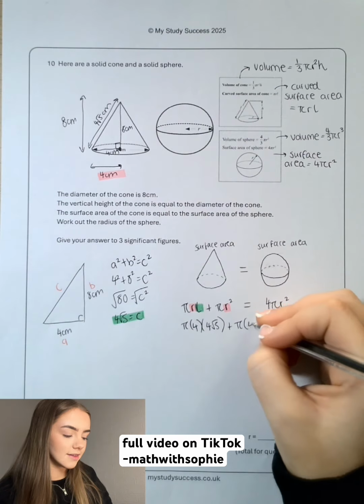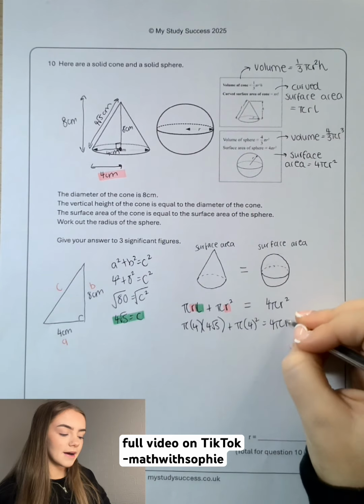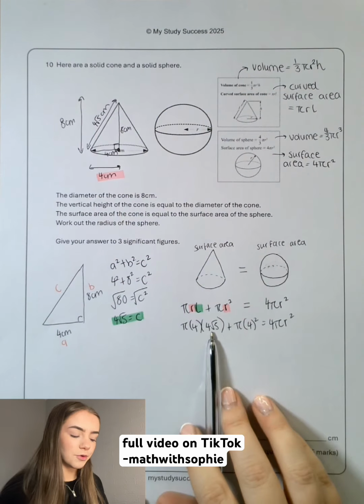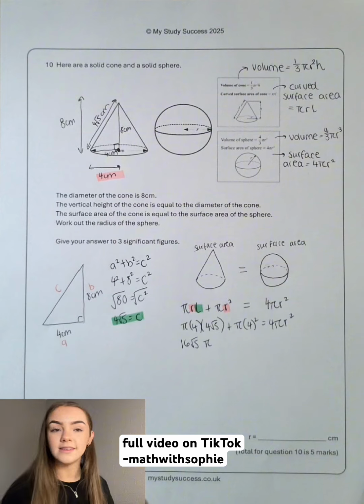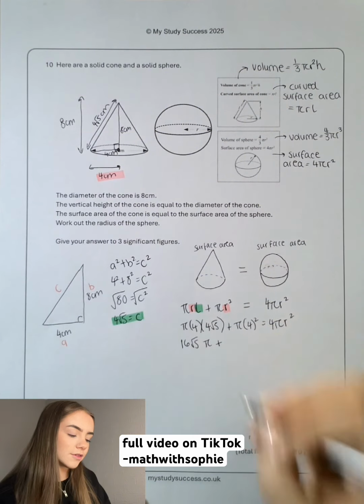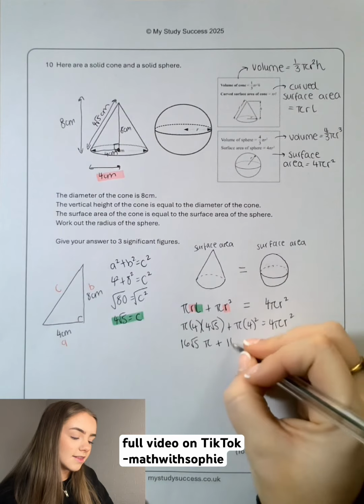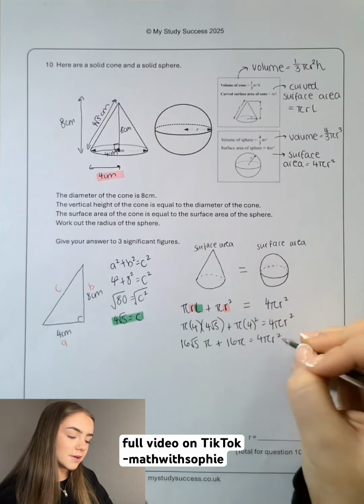Again, the radius is 4. And this is equal to 4 times pi, multiplied by the radius of the sphere squared. This is what we want to work out. 4 times 4 root 5 will be 16 root 5. So our first term will simplify to 16 root 5 pi, plus for our next term, 4 squared, which is 4 times 4 is 16. This will be 16 pi, and that is equal to 4 pi r squared. Now we'll notice